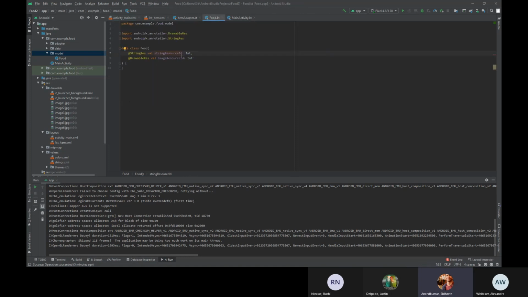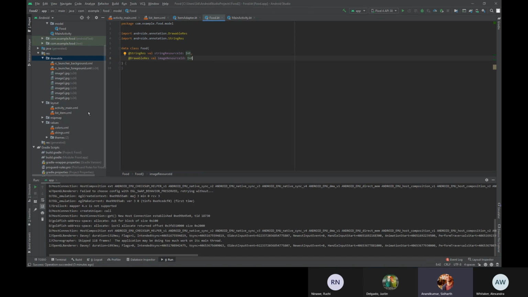It is also making sure that it's pointing to the image and the string through the correct ID. Now, what does that mean? Well, the drawable folder under resources is where our images are placed, and we haven't defined the ID of the images yet, but we're going to do that in our data source file,